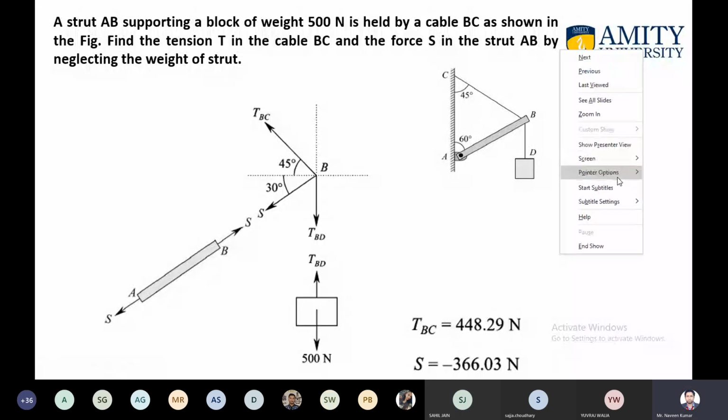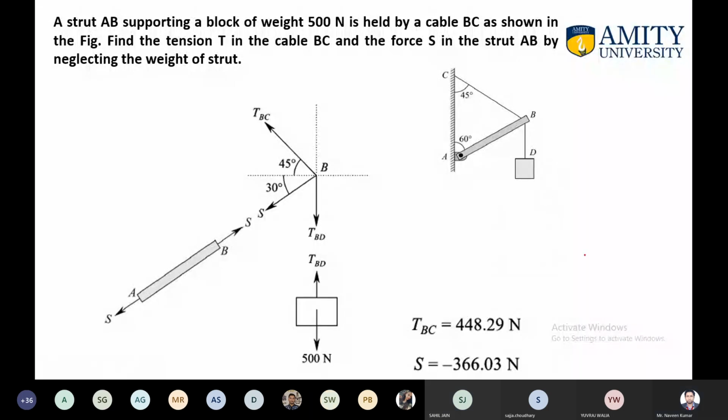What are the angles we are taking? Is it clear to you? If you find difficulty, I can summarize here also. It's very simple. You just have to draw a horizontal line here. Just draw a line here, and this is TBC, and one here. Let us say these are the forces, and let us say this is vertical here.